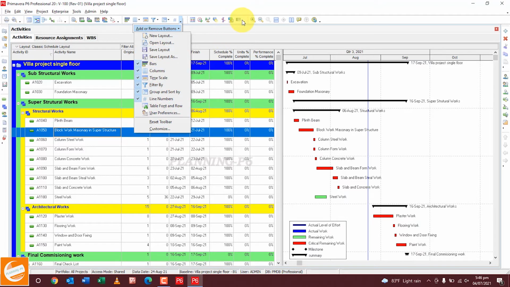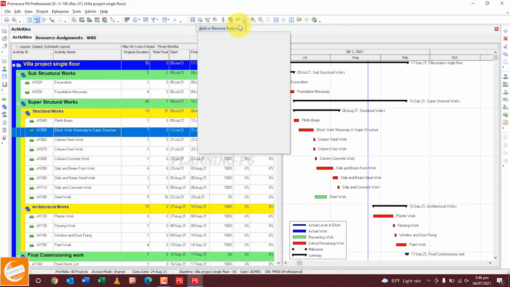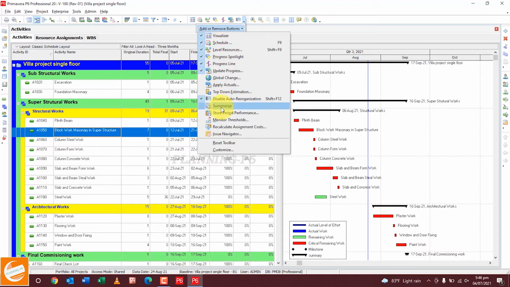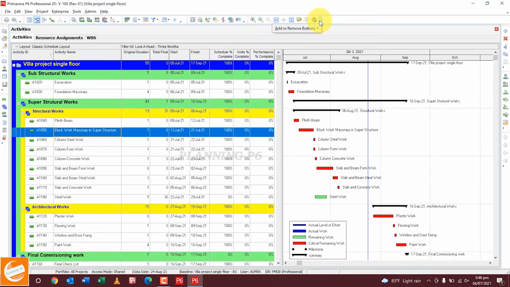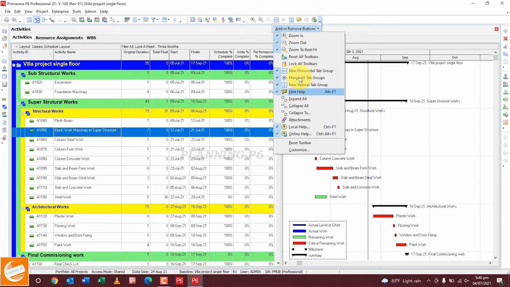After that, you can add or delete all these options on the top toolbar. And at the last, there is the Reset all toolbars option here. If you want to reset all, click reset all toolbars. You can reset from here, add or hide from here.